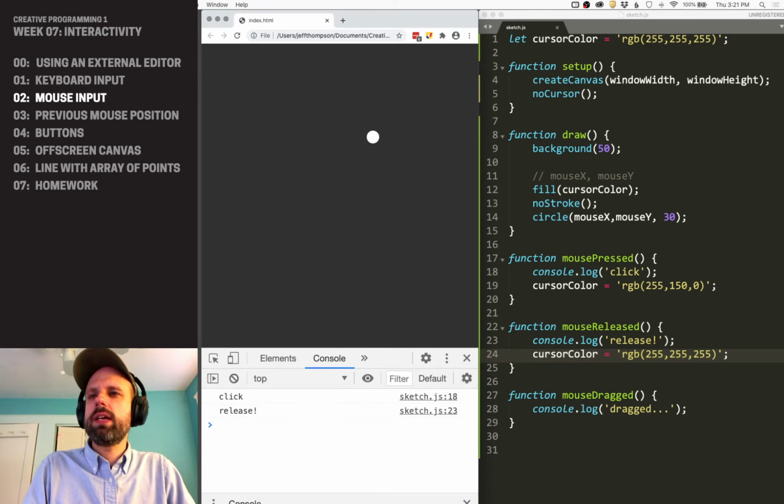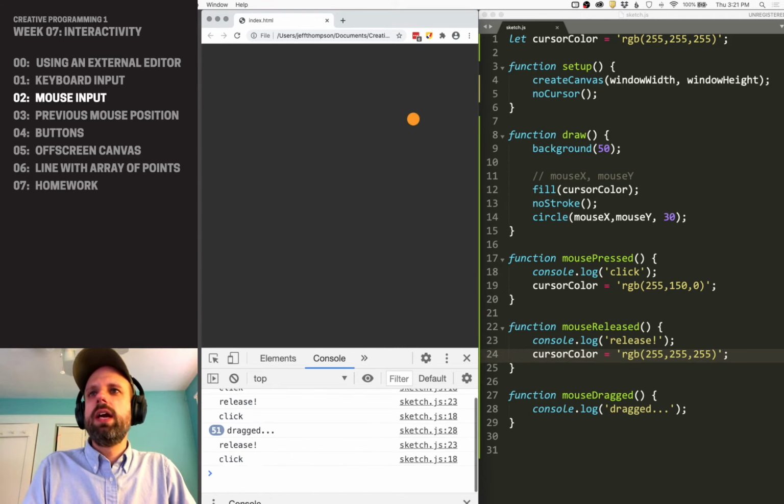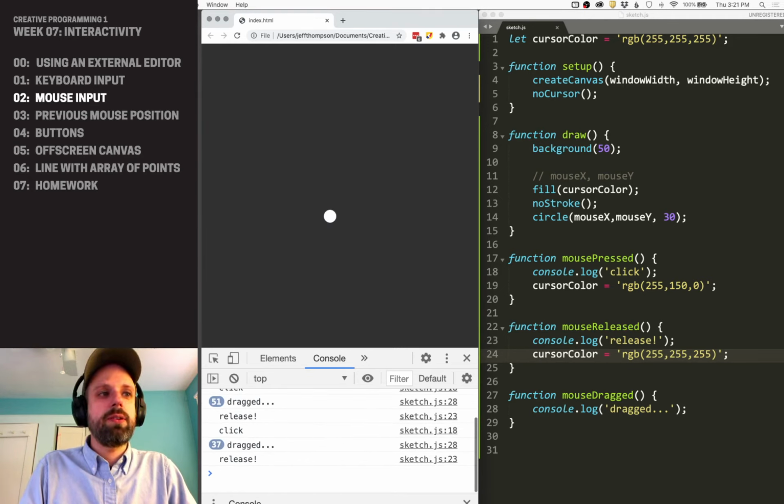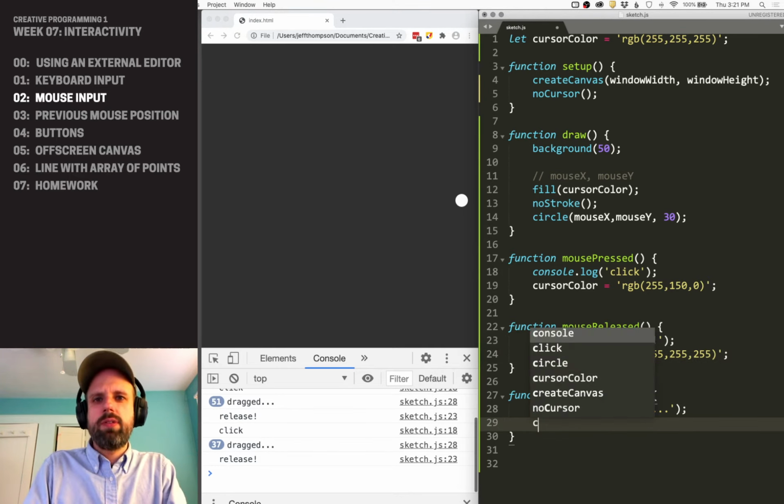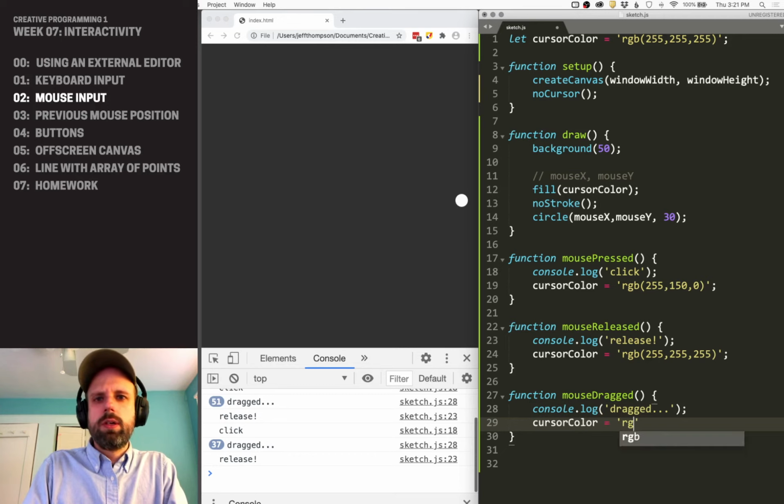Refresh it. Now when I click and release, it changes color. As I click and as I release, it goes back to white. It's pretty cool. We could even make it be a different color while we're dragging it. So we could say cursor color